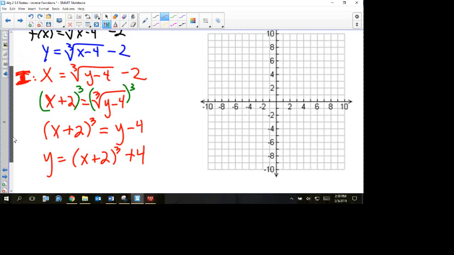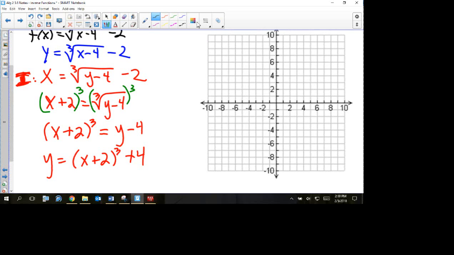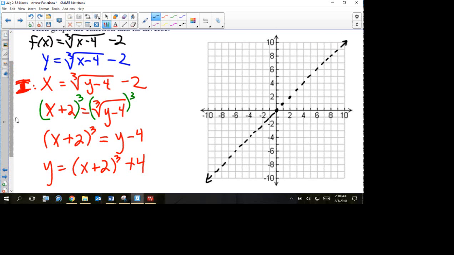So let's do the graphing. Before I start graphing, I'm going to take my straight edge and graph y equals x. So remember, y equals x is 0, 0, 1, 1, 2, 2, 3, 3. I hope I don't have to do that yet. Graph my y equals x line. Then I'm going to graph my